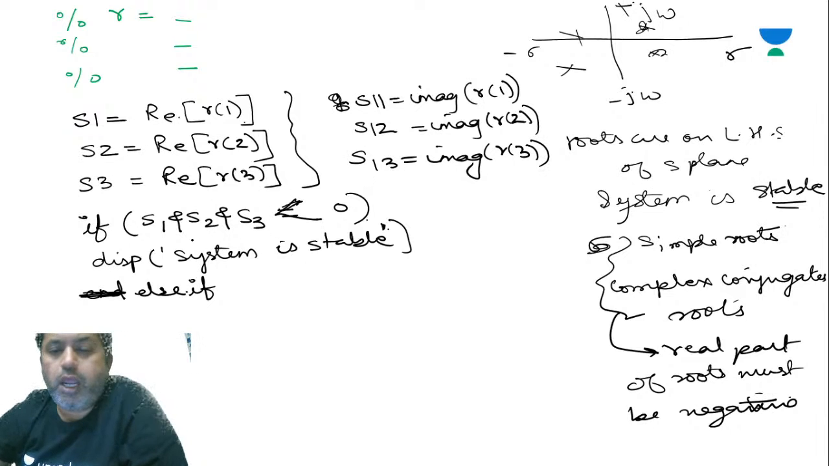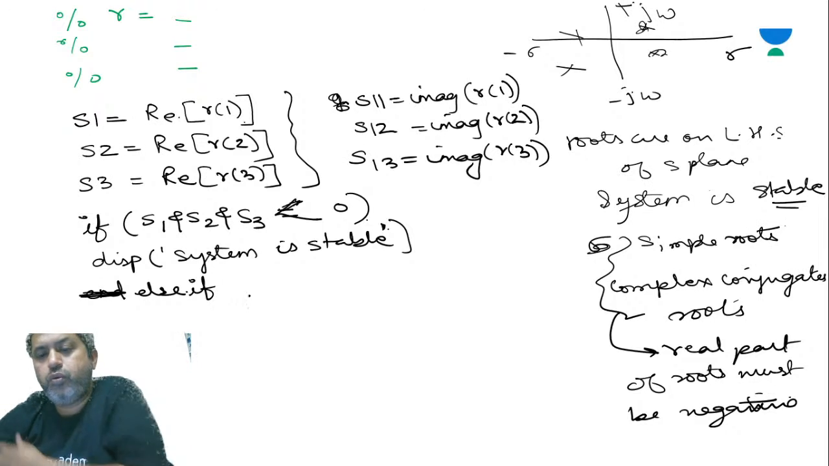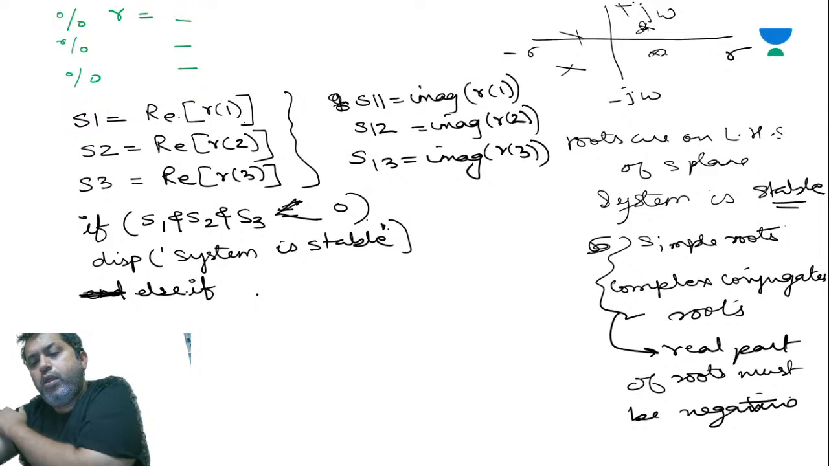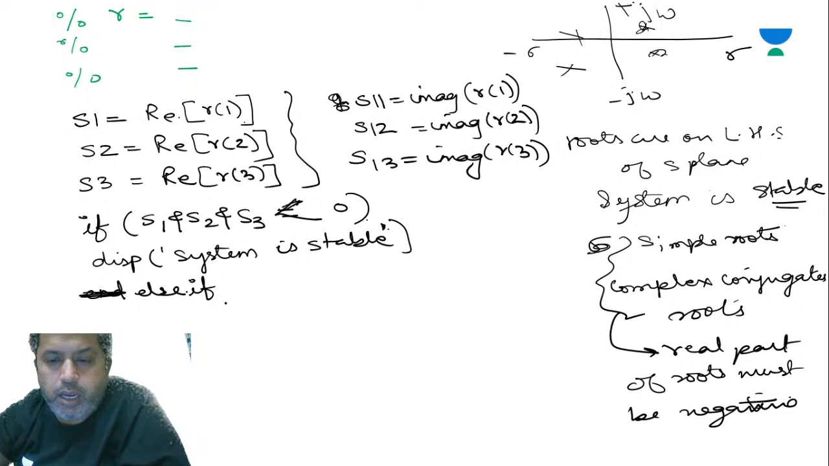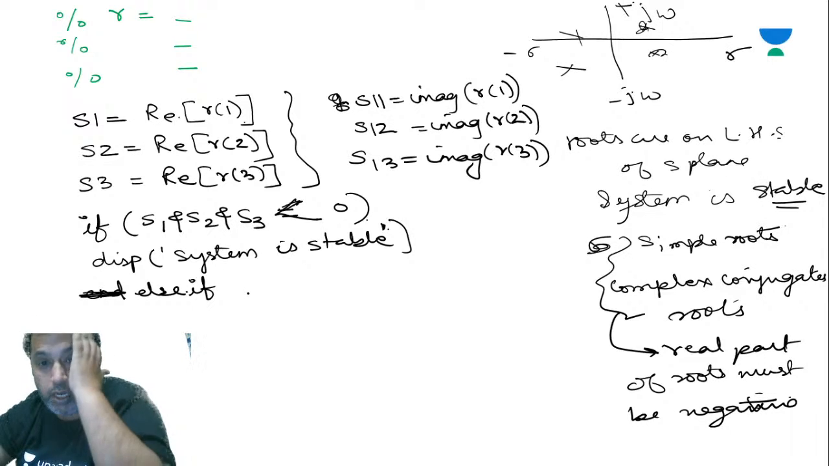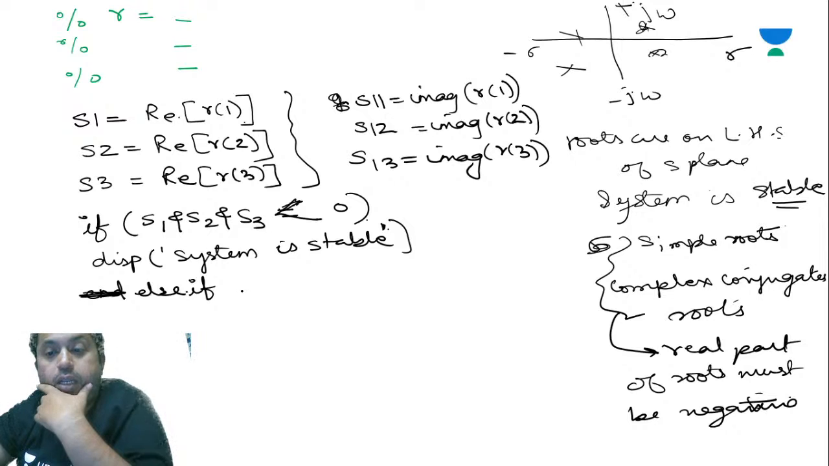See here, if roots are negative, the system is stable. If any one root is 0, then that means the real part is 0, that is, it is on the imaginary axis, so the system is marginally stable. Marginally stable. Okay, else if